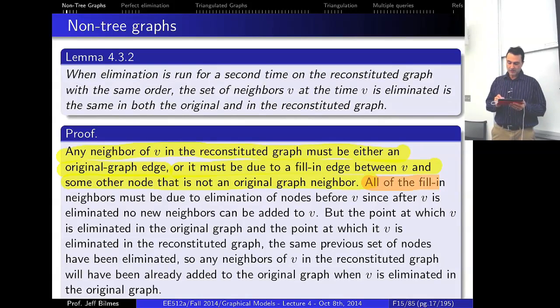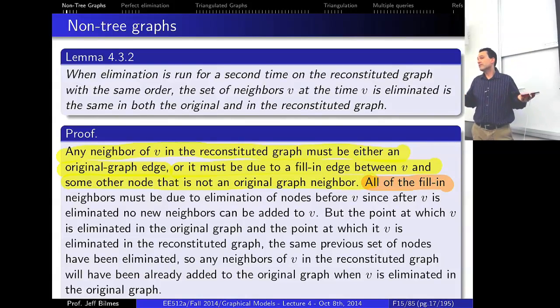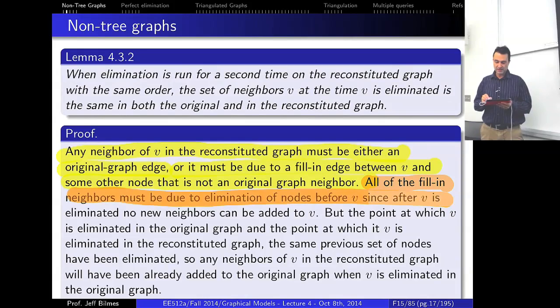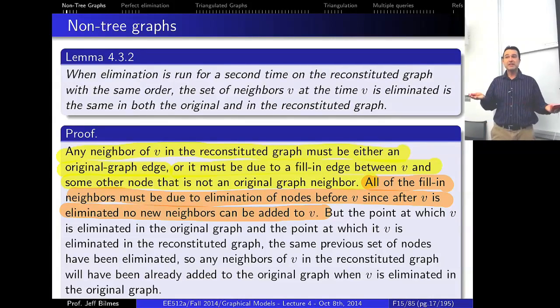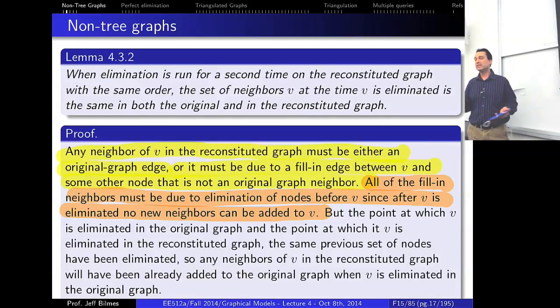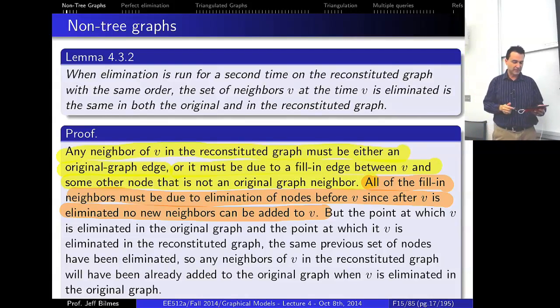So all of the fill-in edges, so all of the neighbors of V that are fill-in edges, all of them must be due to elimination of nodes before V. And the reason why is because after we have eliminated V from the graph, there can't be any additional edges added to V, right? Because V is gone. After we've eliminated V, any additional eliminations can't add any neighbors to V. Then thirdly,